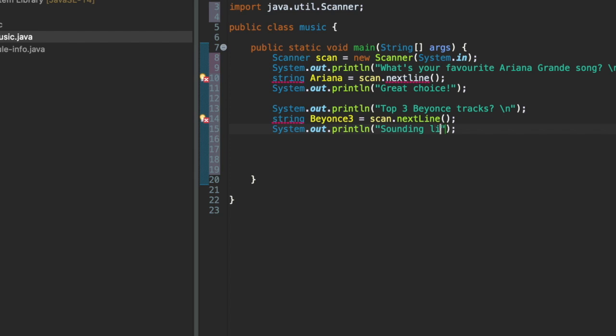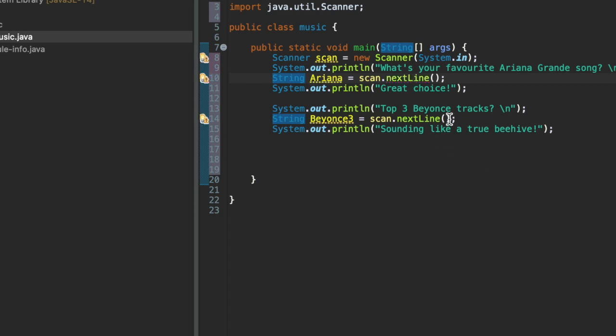So it's like a conversation. You're writing code to ask a question, typing in your answer, and then the computer messages you again with something like sounds like a true beehive, great choice,